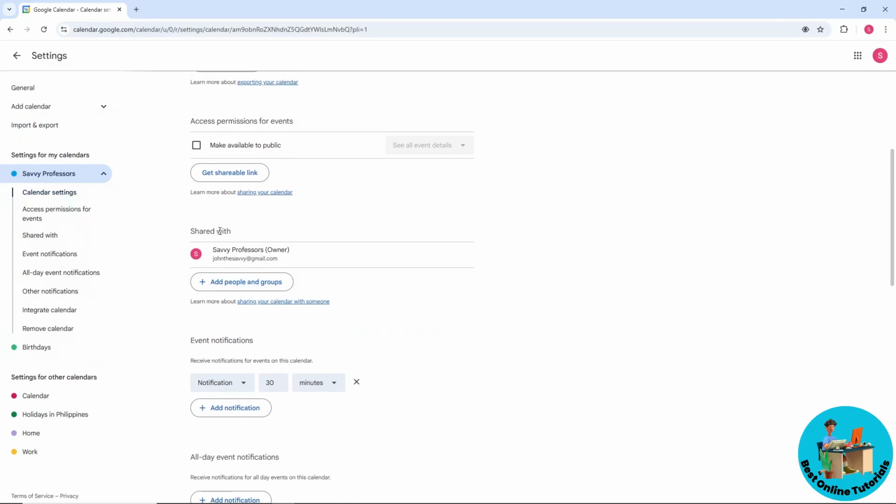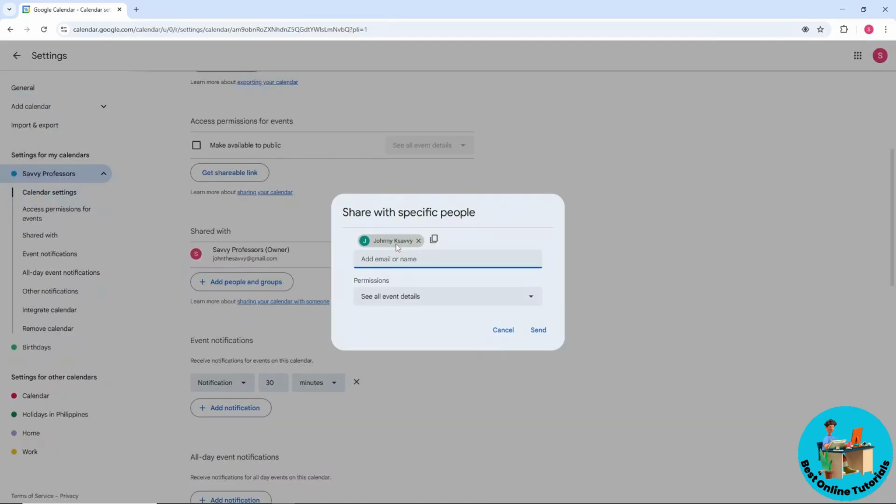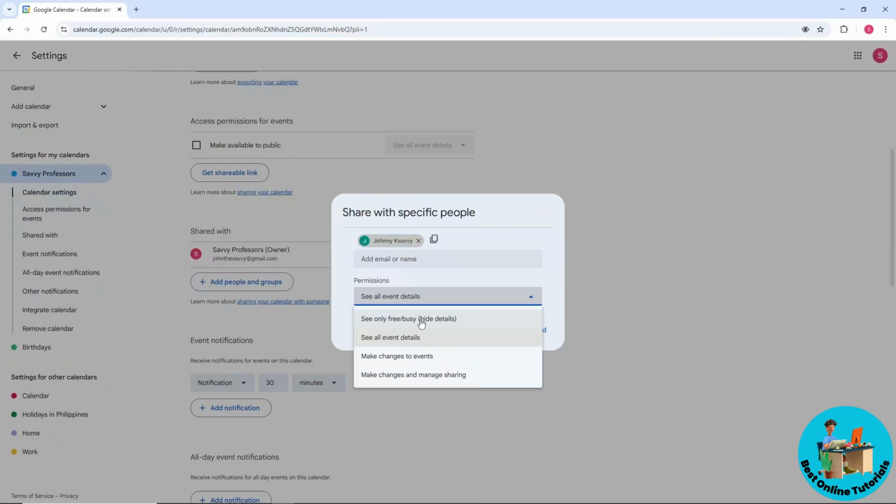So from here you could just simply add people over here and groups, and from here you could just simply provide their email address or name, and from here you will have multiple options. You can give them access to see all event details, make changes to events, and make changes and manage sharing. So pretty much this will be depending on your own preferences, and after that you can just simply select send,